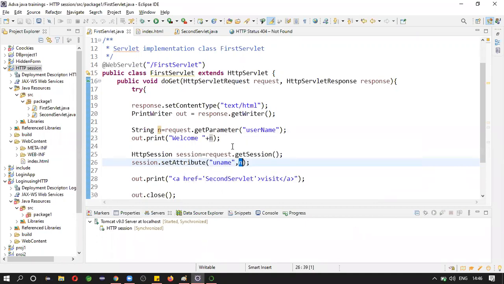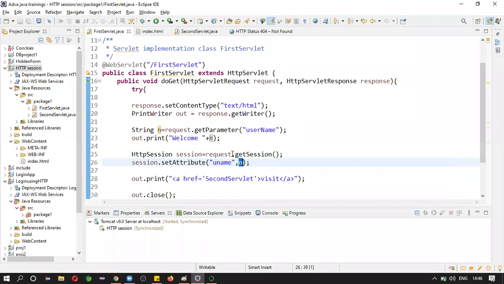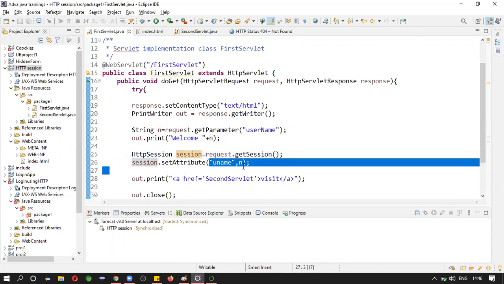What happens if you run the application again and it calls getSession? Will the session already exist? No, it will not. It has already expired, right? So if it does not exist, it will create a new session. In that session, you create a new object, and you will store data in this object.